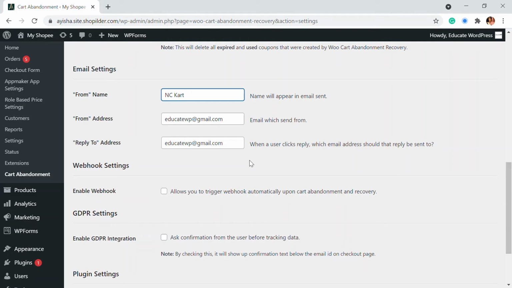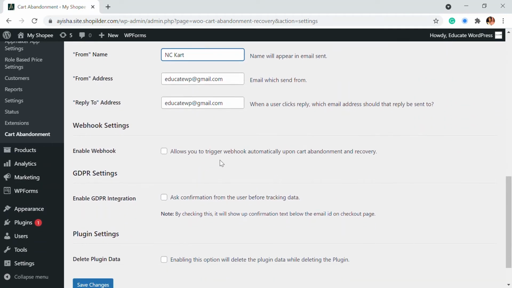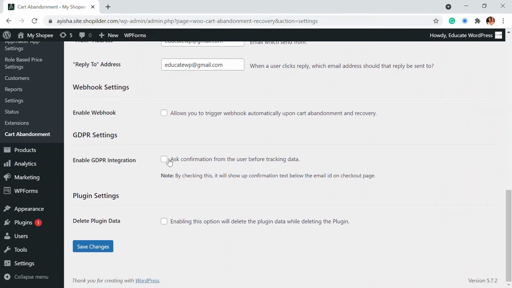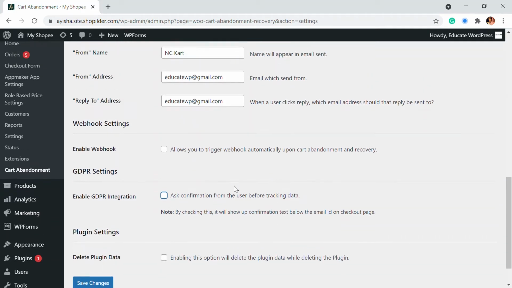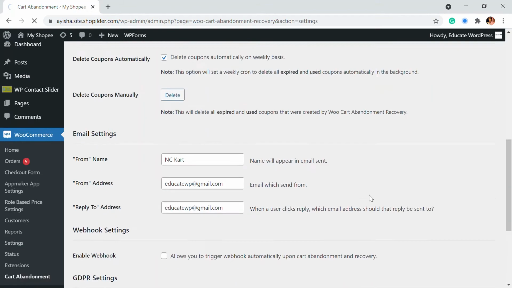You can choose that according to yours, maybe your support mail. You can also enable the GDPR information, where customers are granted permission over their data. I'm going to leave that there and save the changes.